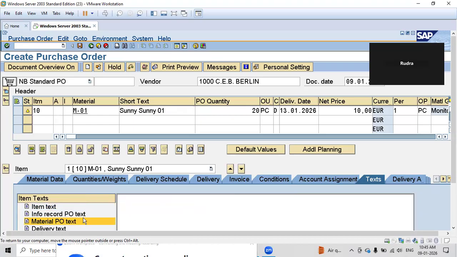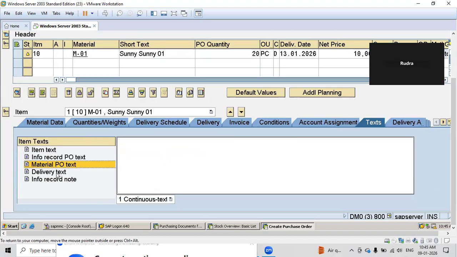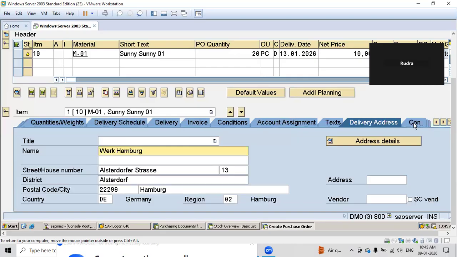And then material PO text. If you want to give any material PO text, you can give it here. Delivery text means that at delivery time, if they need to follow anything for this material, you can give it here. And delivery address is where this PO has to be delivered. This line item 10 is to be delivered.